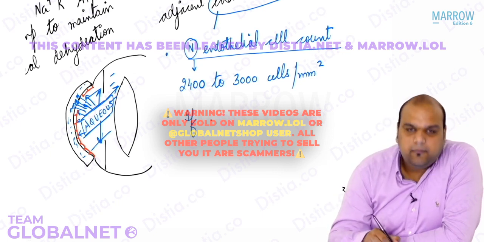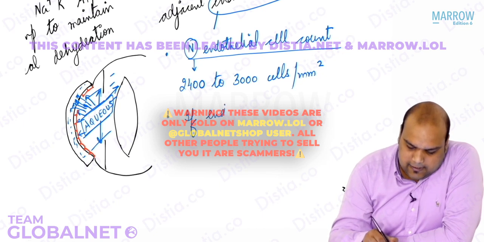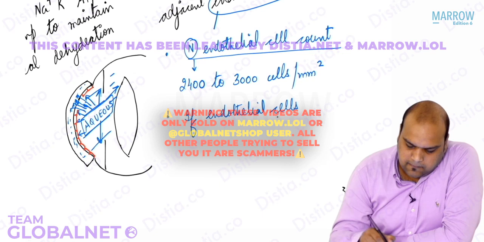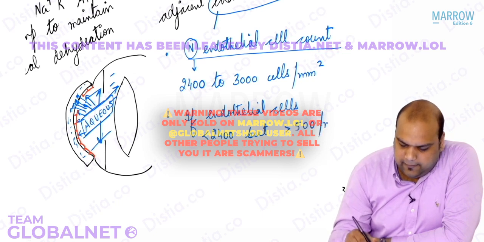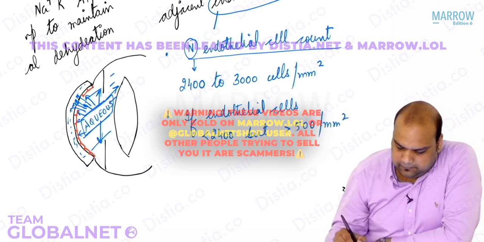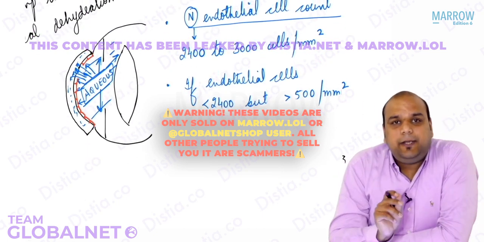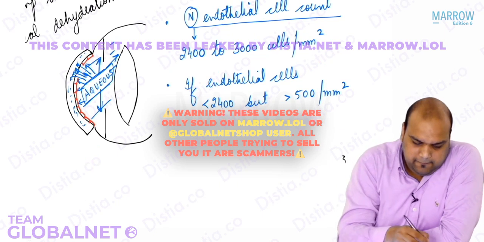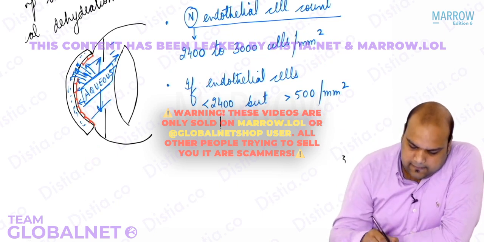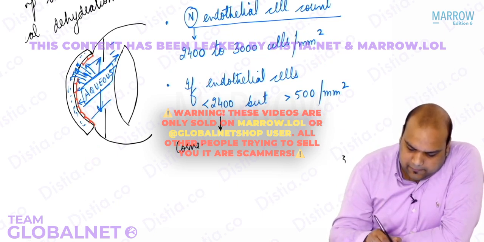If the endothelial cells are less than 2400 but more than 500 per millimeter square, then what occurs is cornea adapts